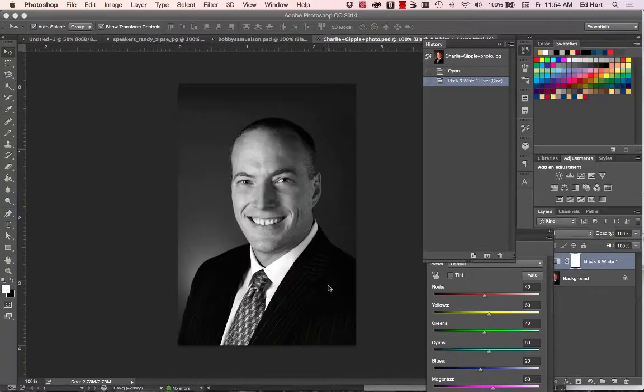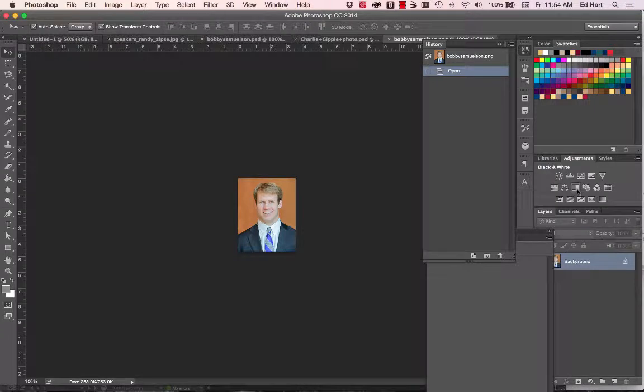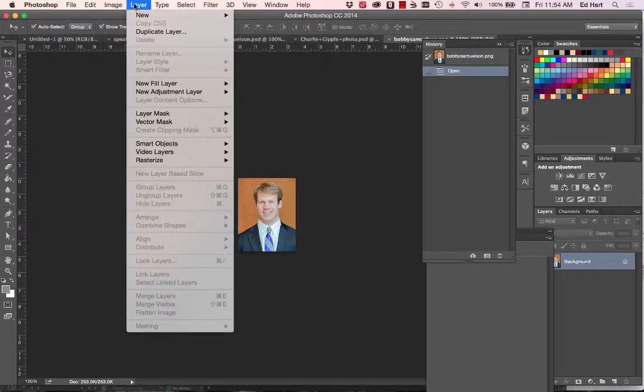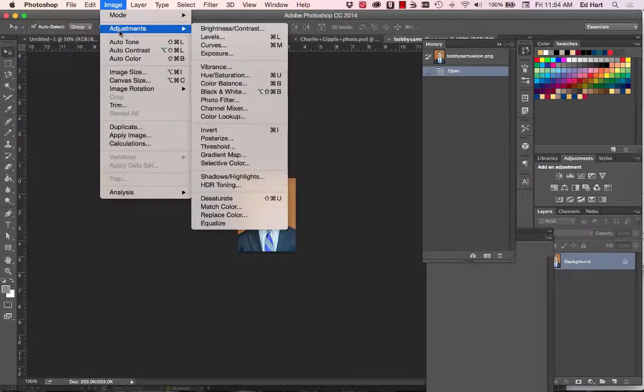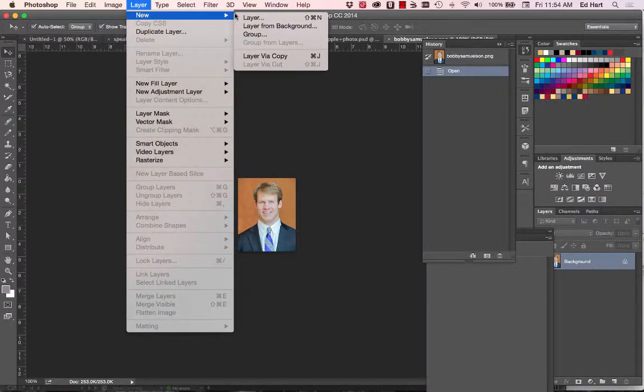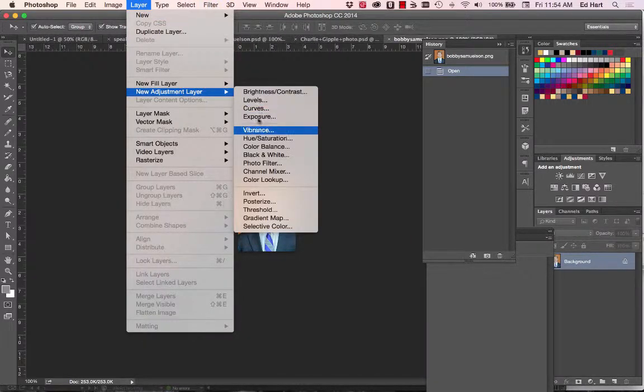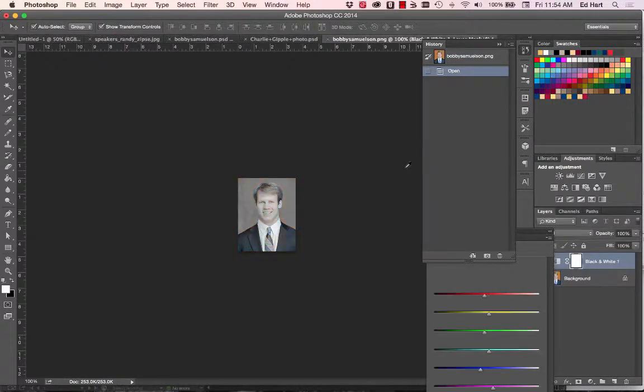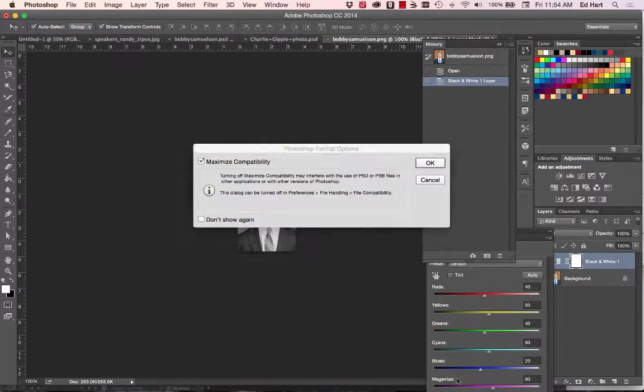I'm going to edit with Photoshop and apply a black and white filter. The other place I could do this is do a new adjustment by doing that here. Now that's not going to necessarily create an adjustment layer, that's just going to adjust the image. I like the idea of doing an adjustment layer for black and white, so I could do it here, or I could have done it right here. And I'll close out of that, save,